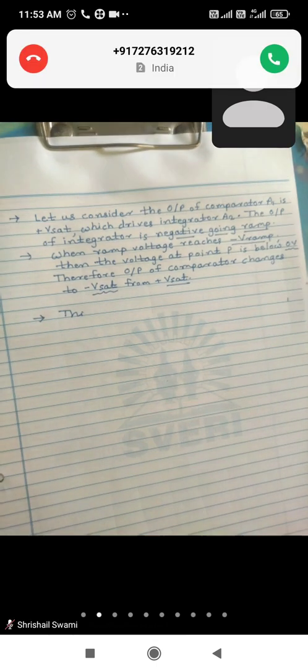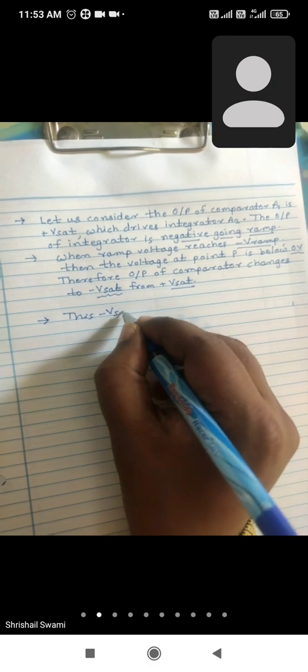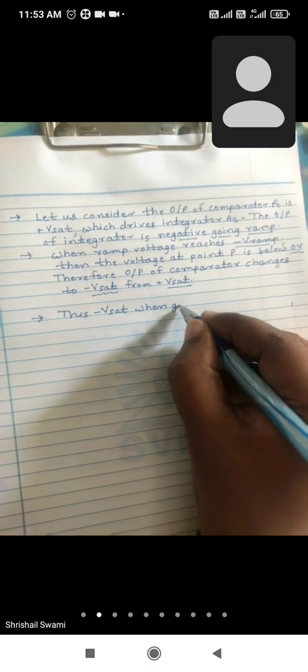This minus Vset, when given to the integrator,